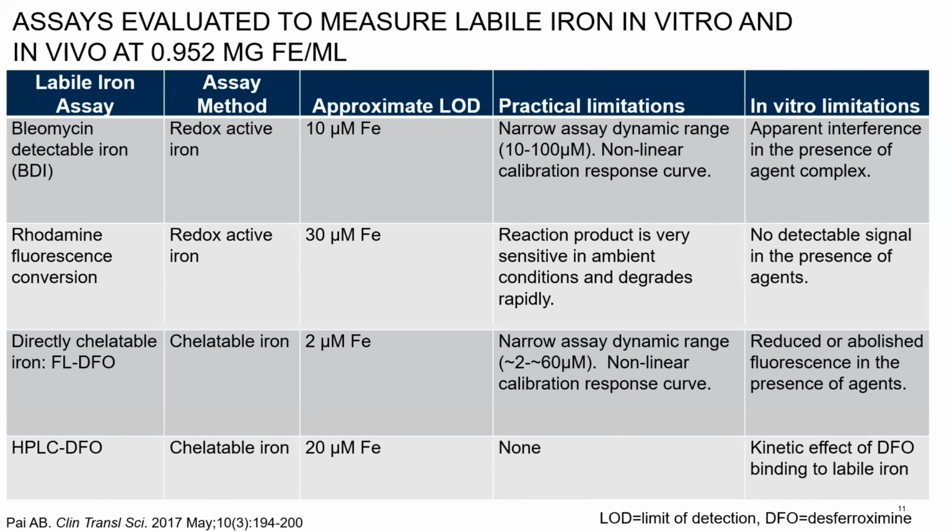This table shows the collection of redox and chelatable capture assays we studied in this project. All assays were studied at iron concentrations of 0.952 milligrams of iron per ml. This was selected because it was the predicted Cmax of a 40 milligram per kilogram dose in an average male rat, which was the preclinical species we employed for the in vivo